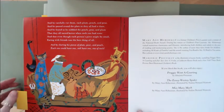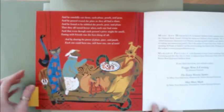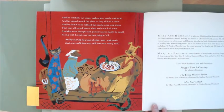This one is One of Each. I'll read the whole page to you. Listen for words that have the same sounds. And he carefully cut them, each plum, peach, and pear, and he passed them round the plate so they all had a share. And he found as he nibbled the peach, pear, and plum that they all tasted better when